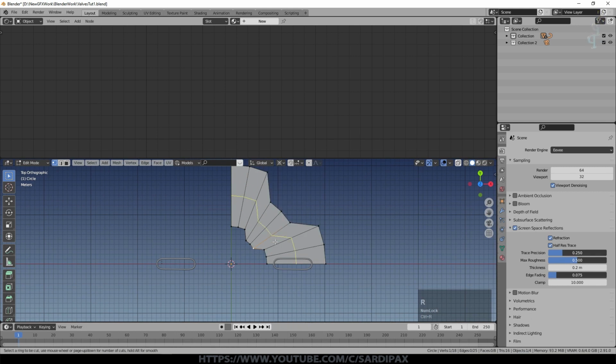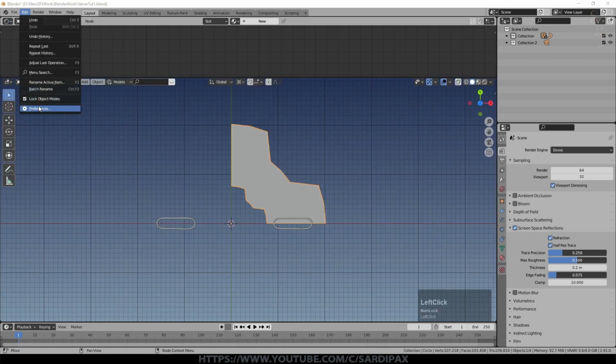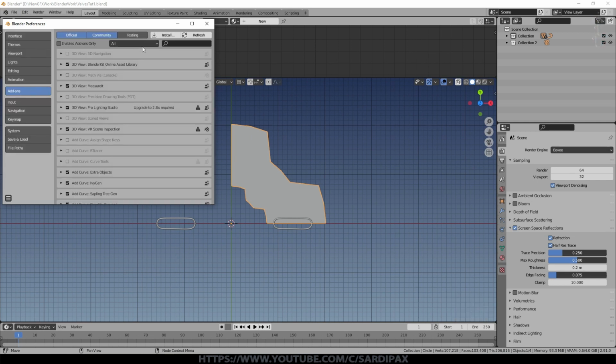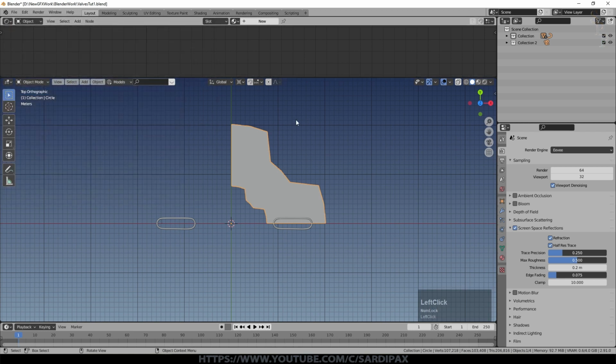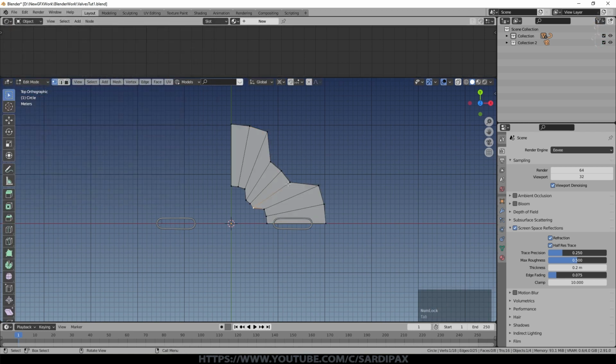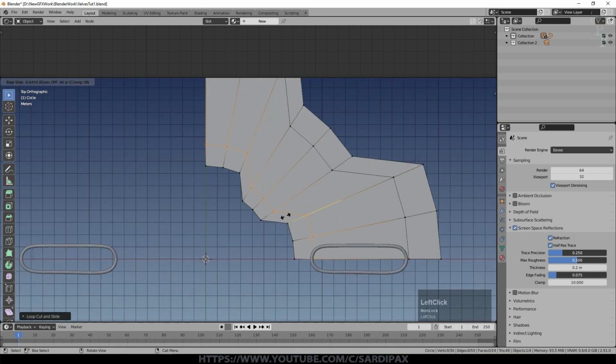And then if you've got loop tools enabled, which is just an add-on that helps with modeling and things like that, if you come up to here and go up to edit, preferences, make sure you've got add-ons selected, and make sure mesh loop tools is enabled. And this will just give you a few extra things, such as when you are in edit mode, we can do Control R and we can add another loop of vertices like that, and then slide it to where we want it. And I'm doing it again here.